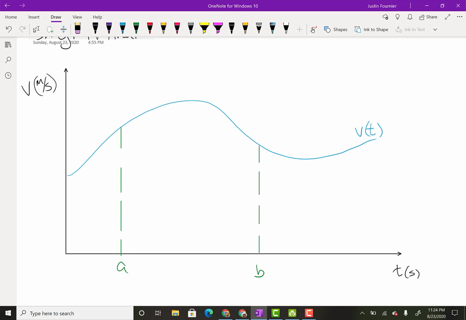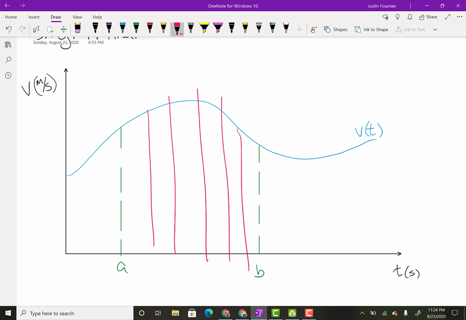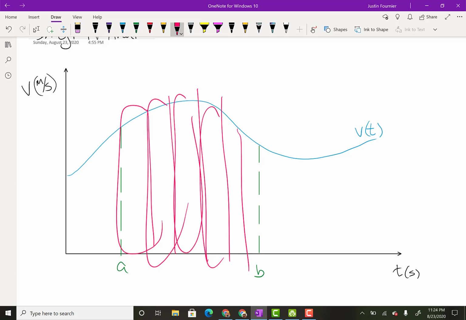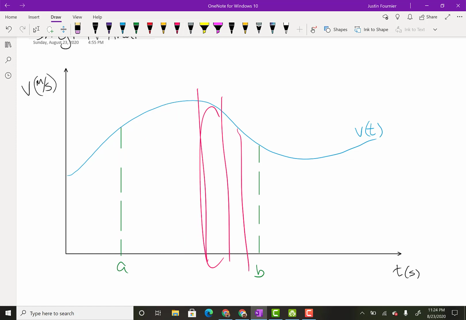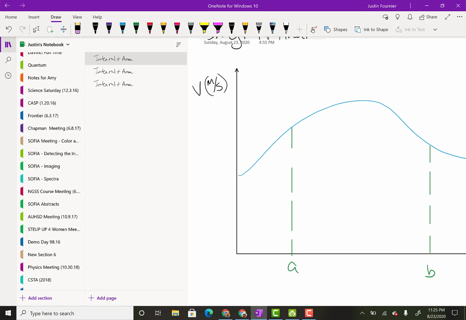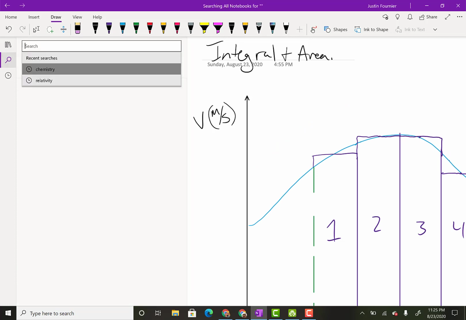So, okay, what I could do is actually try and break this up into little chunks. I could break this up into a bunch of little rectangles and calculate the area of those rectangles. And when I'm done with that, I'll just sum up those rectangles. That would be a pretty close approximation. So let's say I did that, except I broke them up into equal